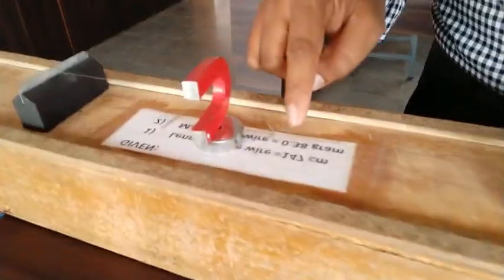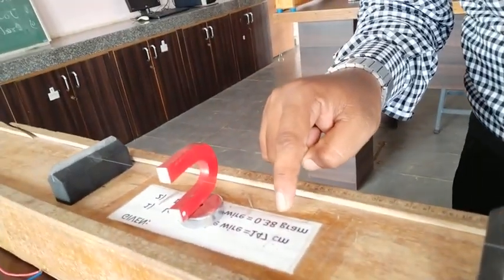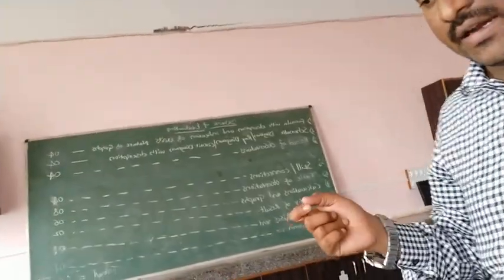Before that I will show the observations. The length of the wire is 147 centimeters and the mass of the wire is 0.38 gram. From this you get the linear density, that is mass per unit length, which is the small m value. That value is kept in the formula, and along with the slope, we get the frequency of the AC source. I will start how to take the readings.